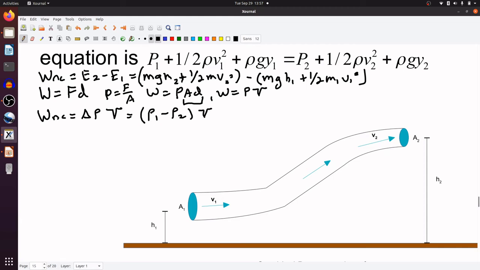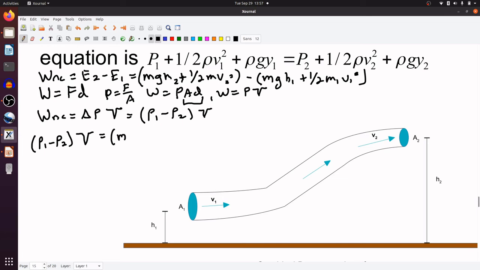We put the 1 out front because we want a positive change in pressure, and the pressure is going to be higher at point 1. We could easily flip some other things around as well, but I'm just going off of the drawing that I had. And so I want to set those two things equal to each other. So that's going to give me (P1 minus P2) V equals,